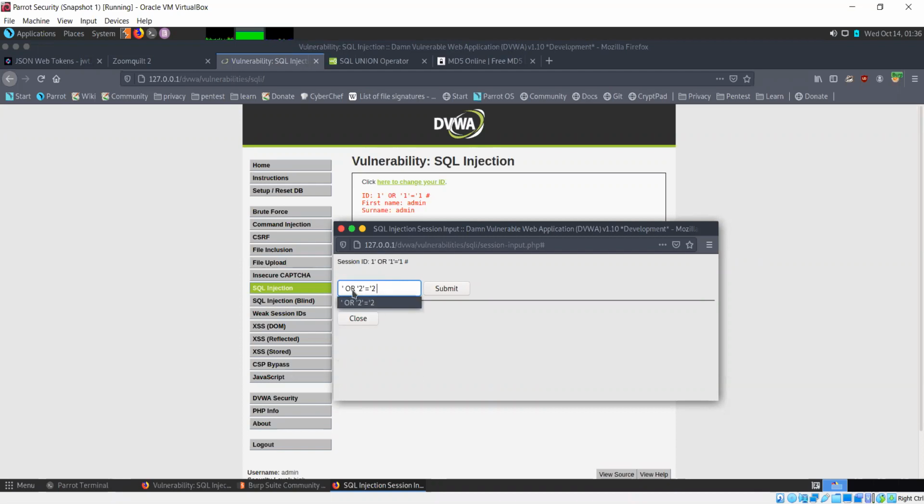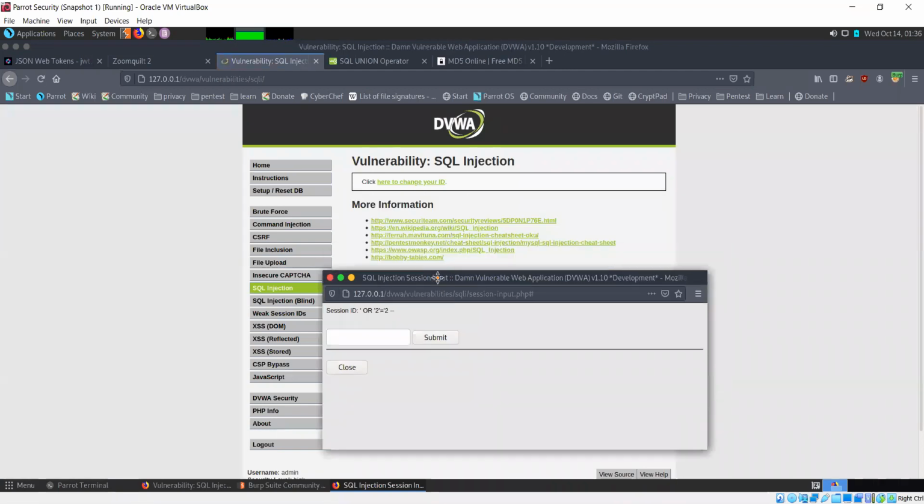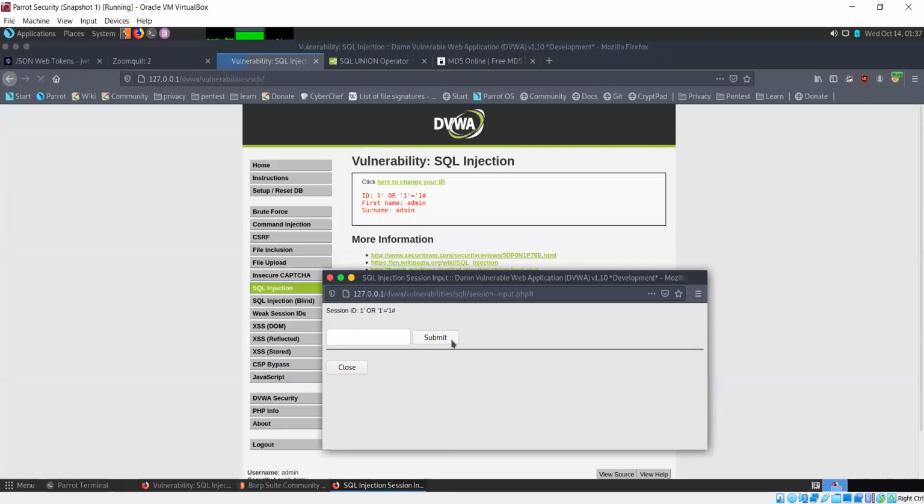This does not actually make any difference. 2 is equal to 2 or 1 is equal to 1, whatever you want to run, that does not make a difference to how this works. Okay, let's see what happens.